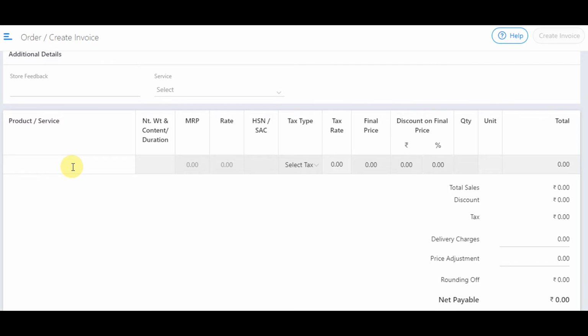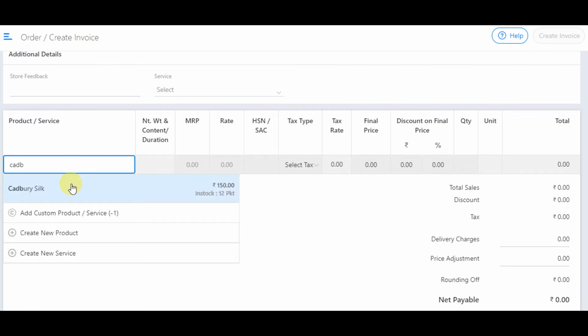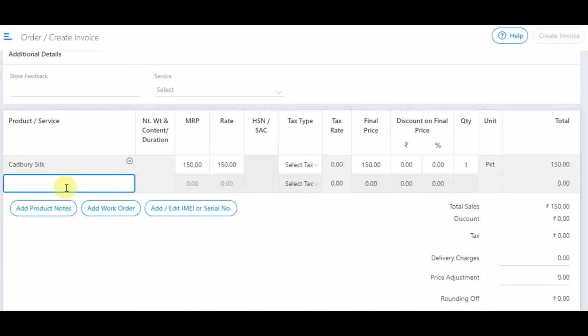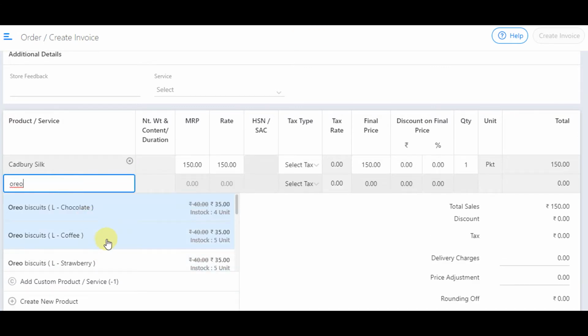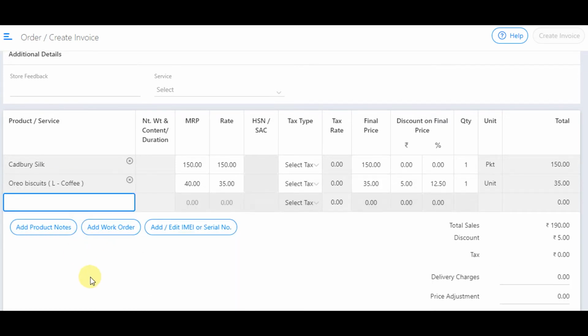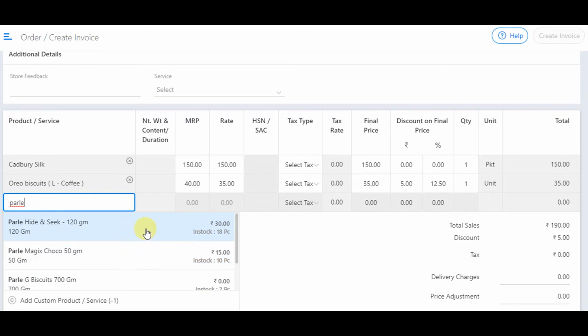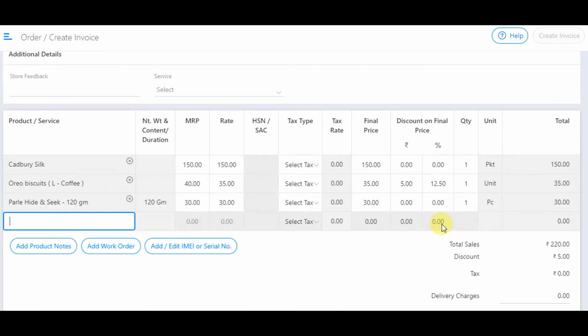Now enter the products. You can edit their quantity.